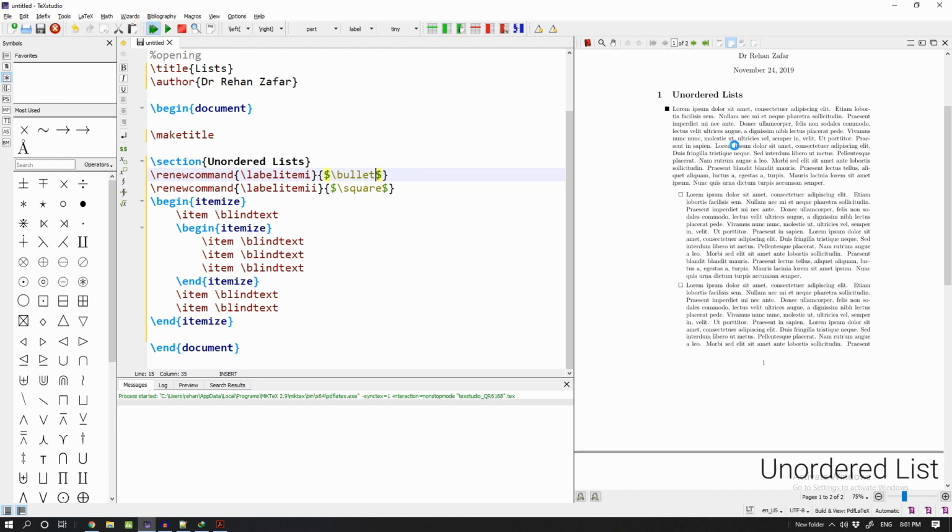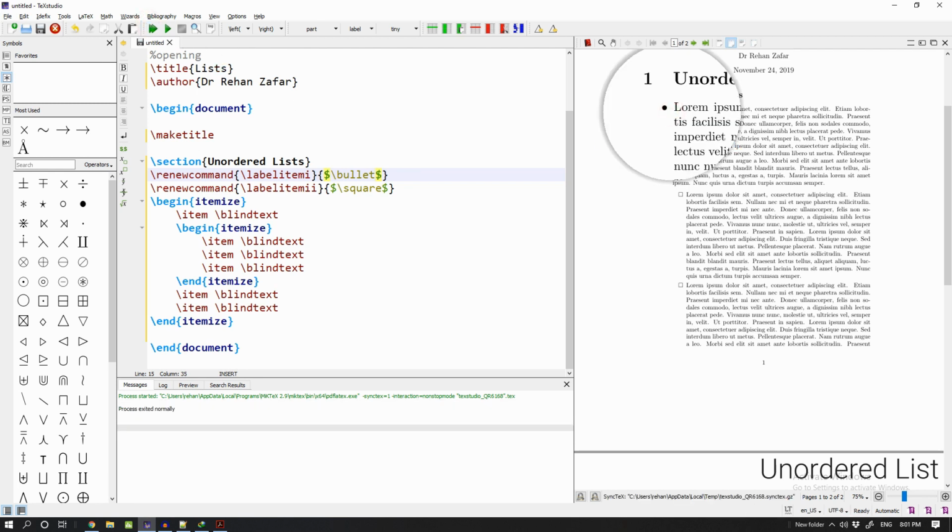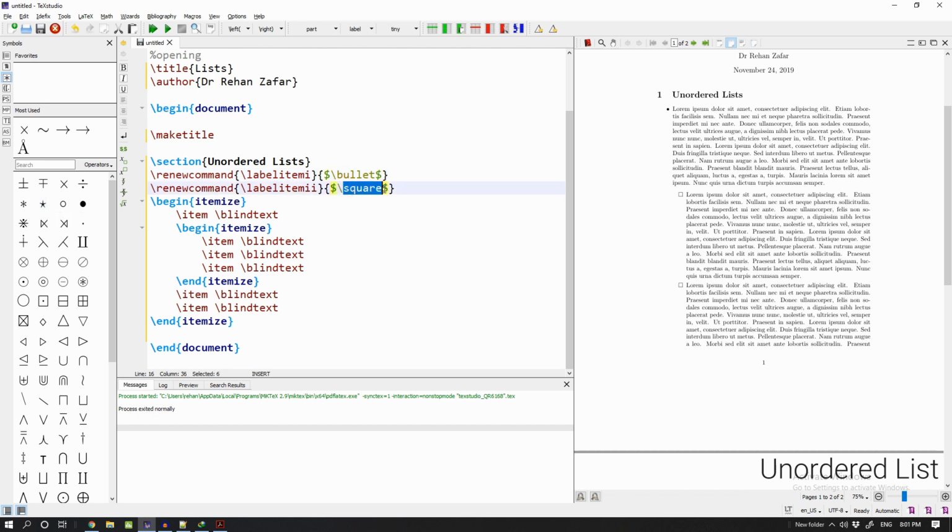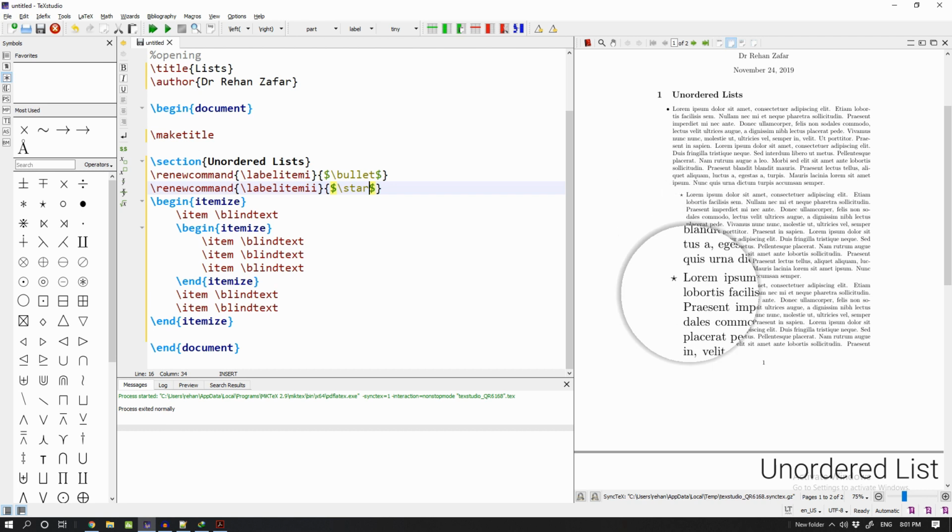So you can see here the bullet. In a similar way, you can use the star for the second level of the items, star, and here you can see the stars. So these are different ways to change the labels and change the symbols for the